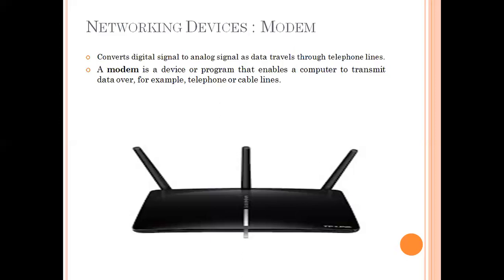But when we talk about a digital data, a data is always in digital form, in digital signals. So there should be something which converts this analog signal to digital and digital to analog. So this is done by modem. Again I will tell, telephone lines have analog signals, and we are using the telephone lines to pass the data. Now the data should be in digital form, so there should be a device which converts analog to digital and digital to analog signals. So that device is called as modem. So modem stands for modulator and demodulator.